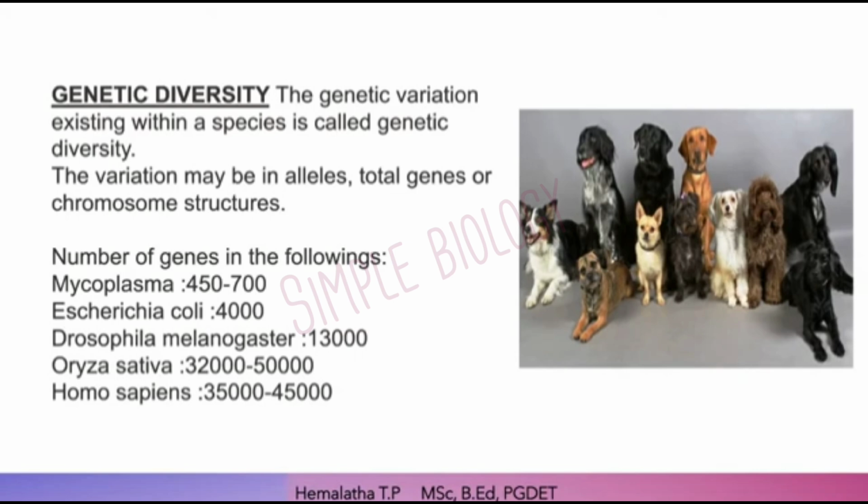So let's see what genetic diversity is. You might have seen so many varieties of dogs around you. Even though we consider them as one dog species, you might know the difference between a species and a genus. Species means organisms which can interbreed with themselves, and the dog is one such species. In that species we can see varieties of dogs. Here is a picture of dogs. You can see so many different varieties present.